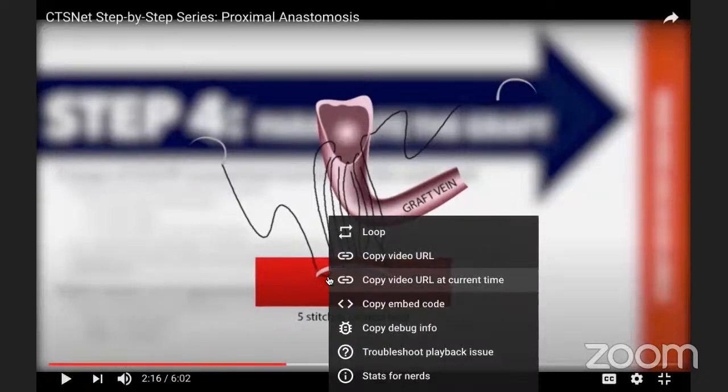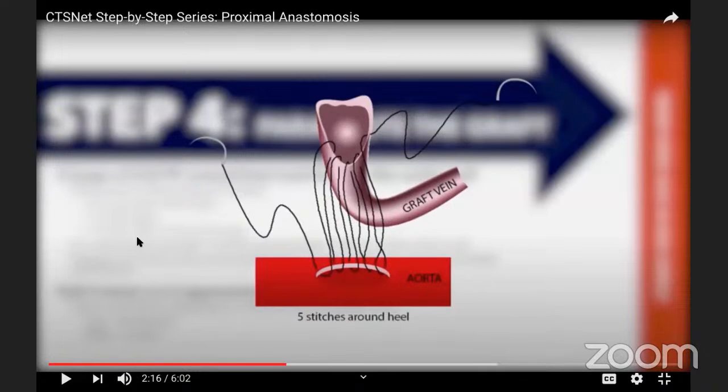So you can see in this one, that's the most common utilization, is they start at the heel of the vein. The same for the distal anastomosis. I shouldn't say that it's wrong to start anywhere else, but in many places where I have seen worked